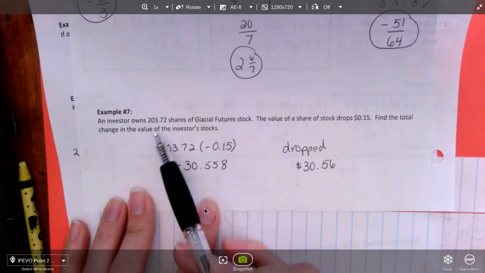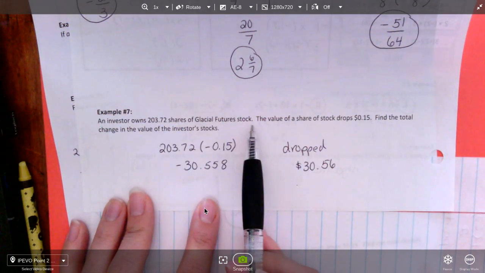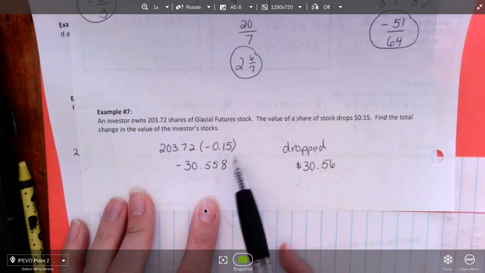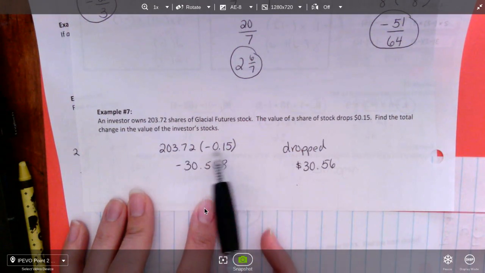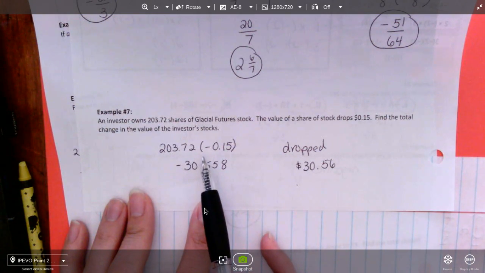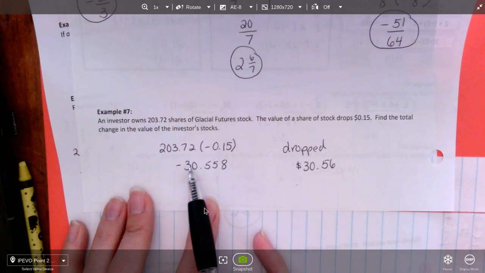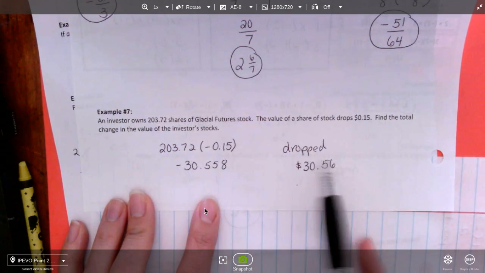So in this one, the investor owns 203 7/200 shares of Glacier Futures stock, and the value of the share of stock drops 15 cents. Find the total change in the value of the investor's stock. You have to multiply those two together. And so the negative sign, again, is telling us the direction: did the stock go up or did the stock go down? And it being a negative, it dropped